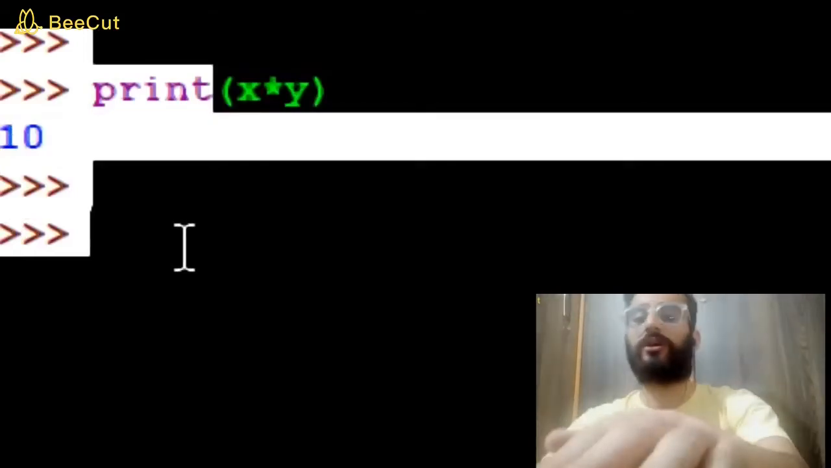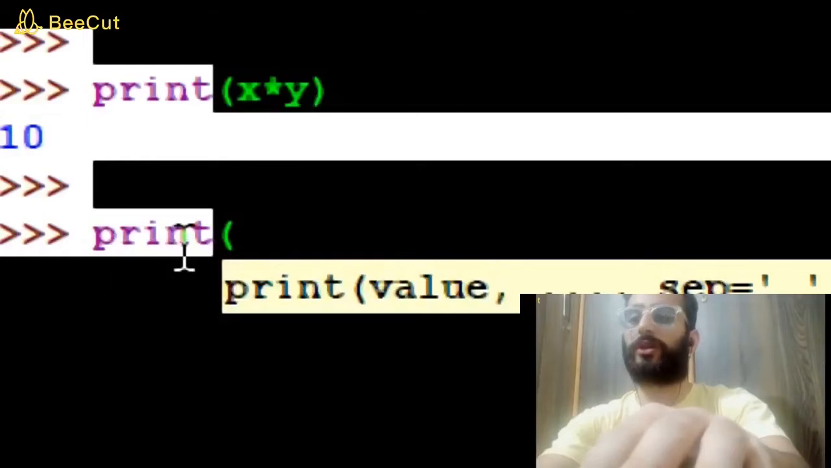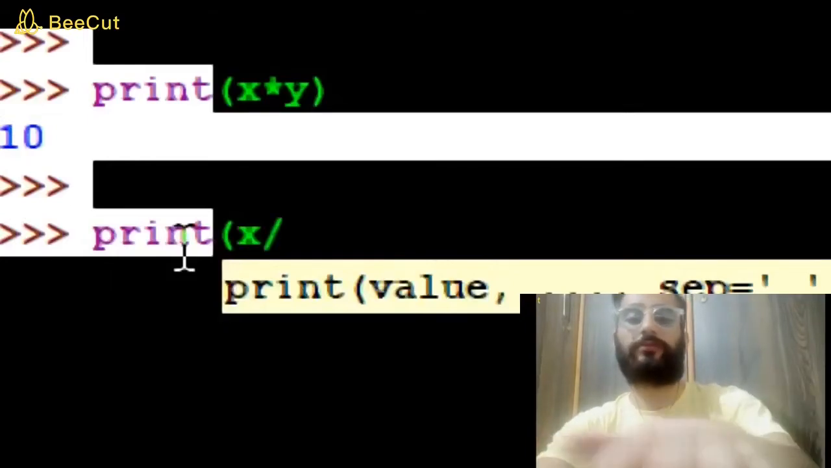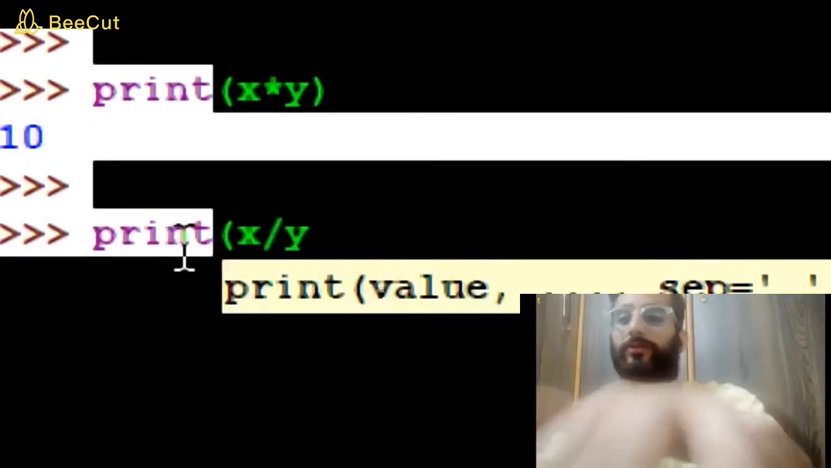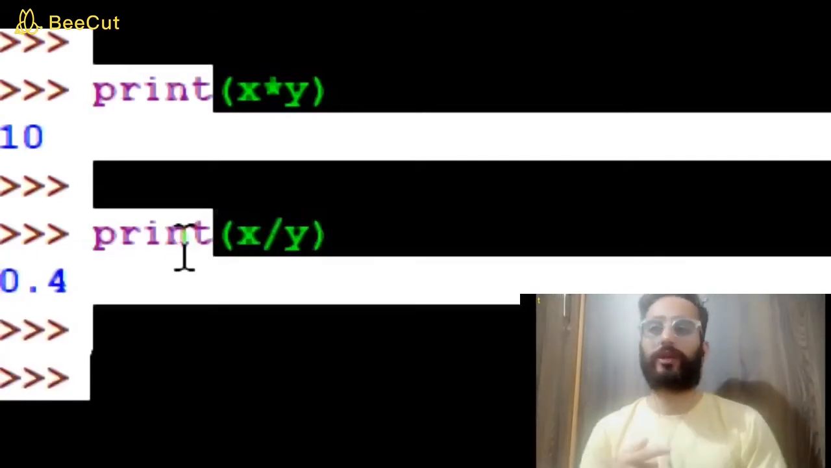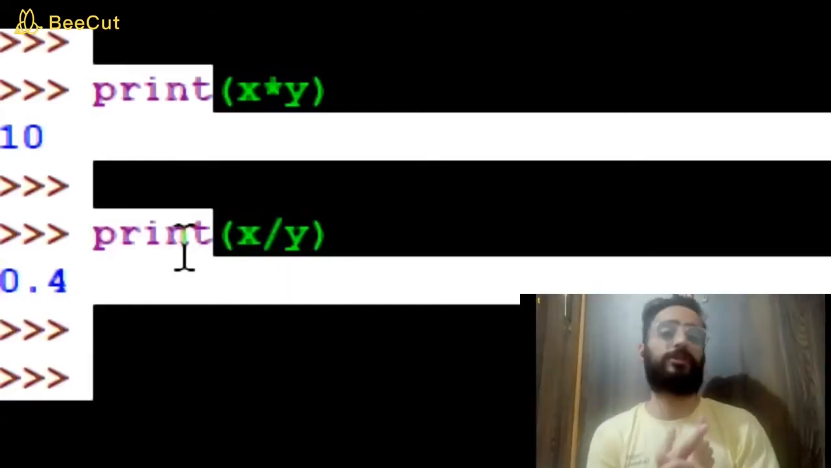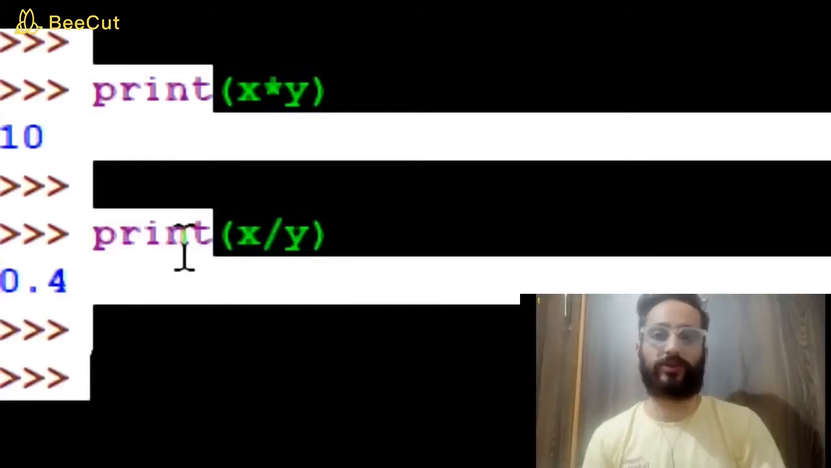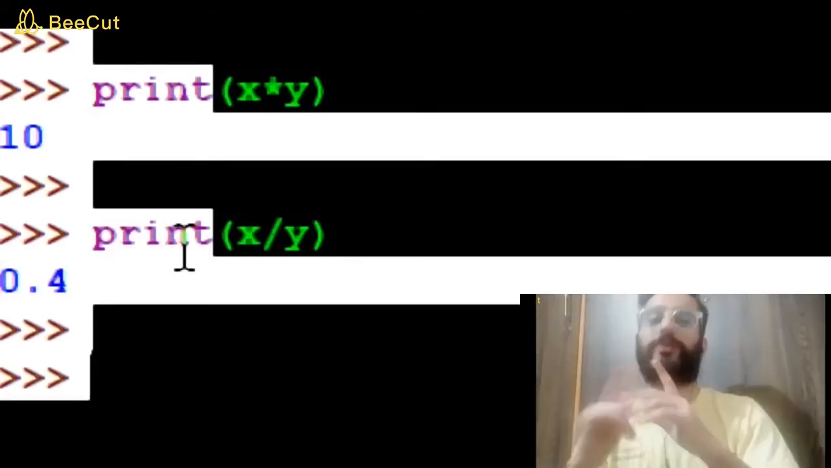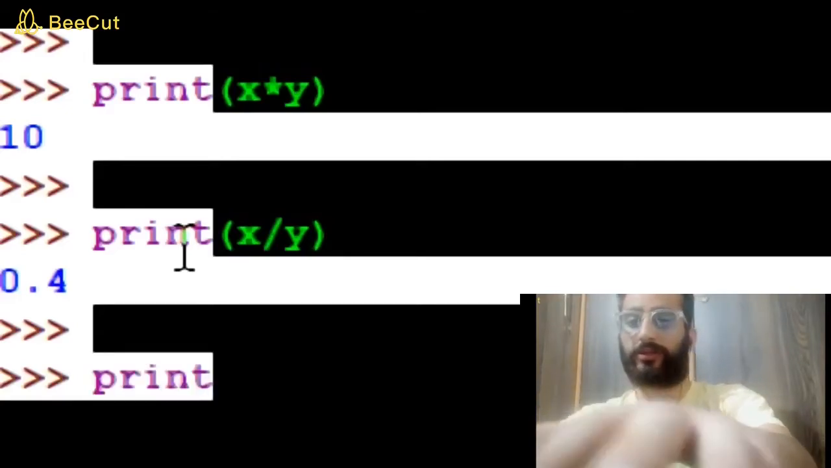Now let's see division. Print x divided by y. We got 0.4 because 2 is smaller than 5. So the result will be a fractional number, definitely. In order to get an integer output in any basic operation like addition, subtraction, multiplication or division, even if you are getting a fractional output, we use a floor division. That's something like this. Print